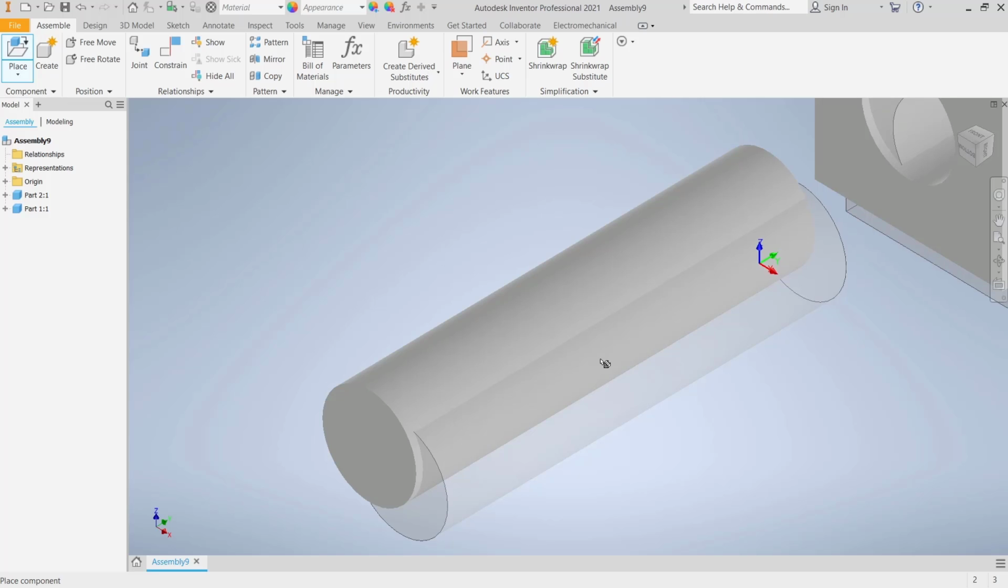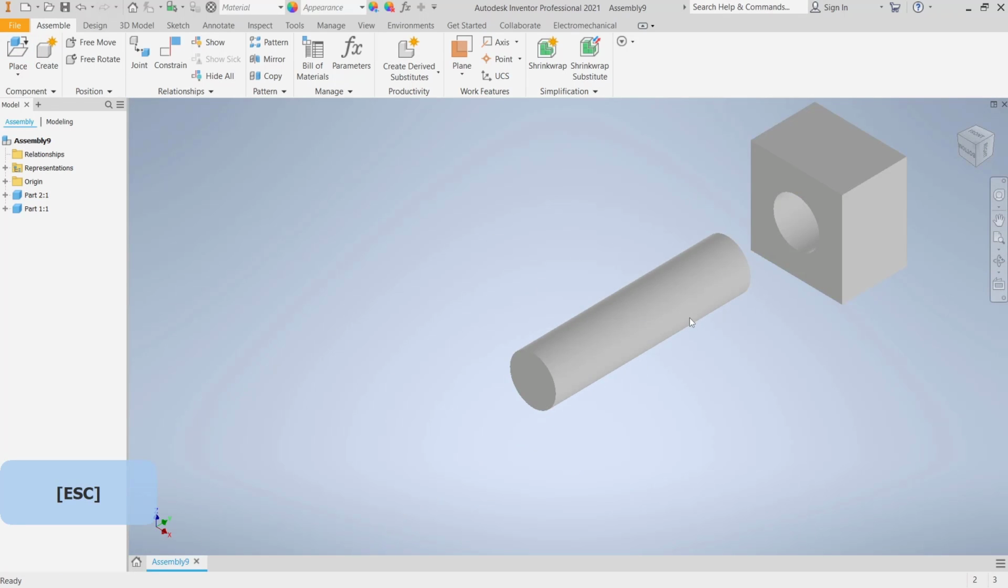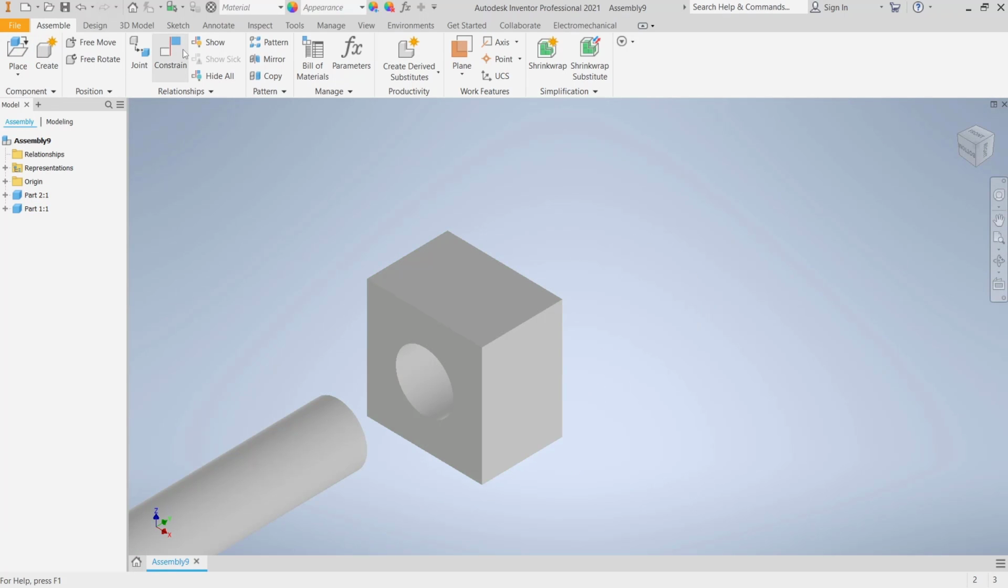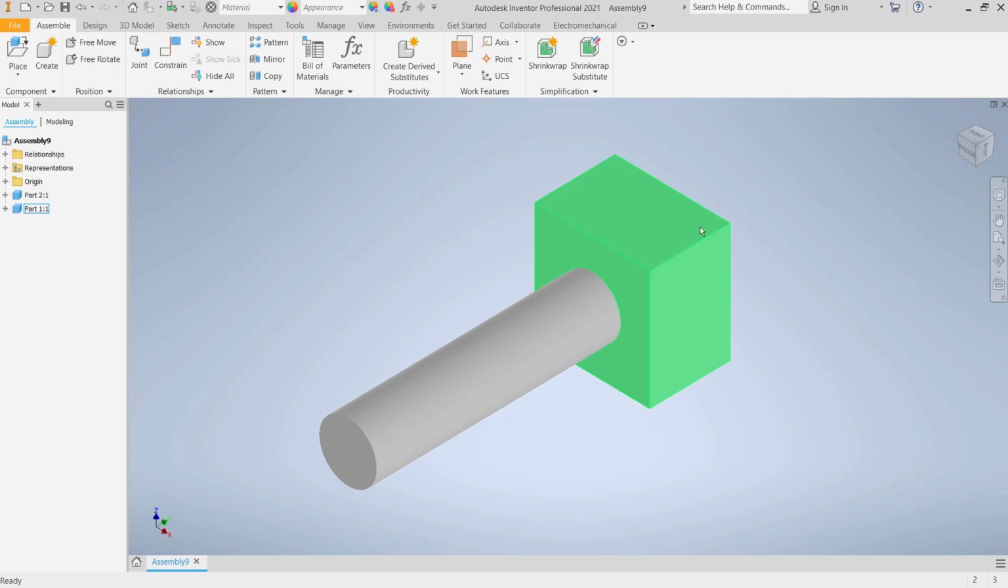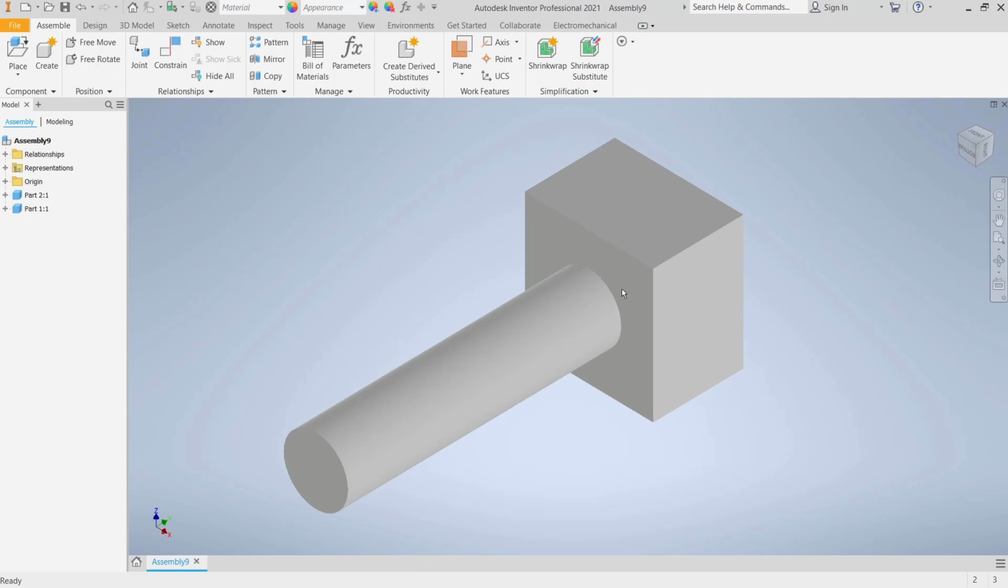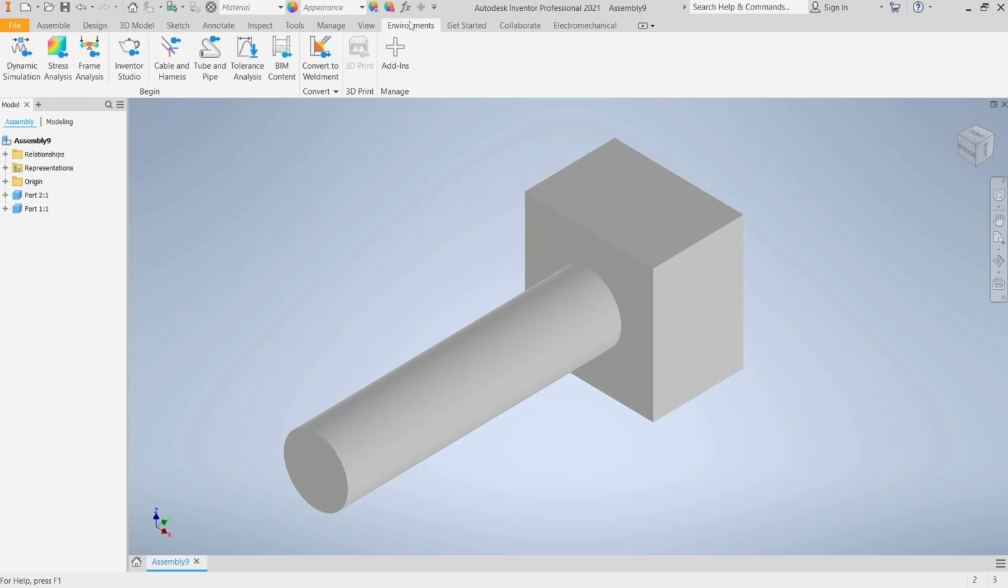and then you can use constraint tools to connect these two parts. You can click here. So I will click at this point into here. Click OK. Now if you want to create a fillet weld in these two objects, you can go to environment, click